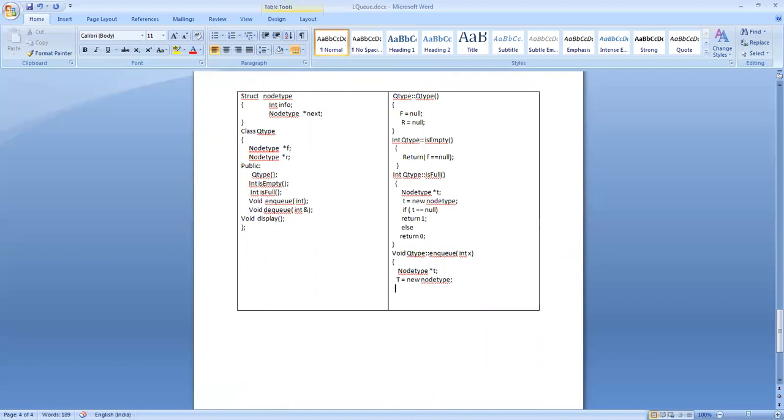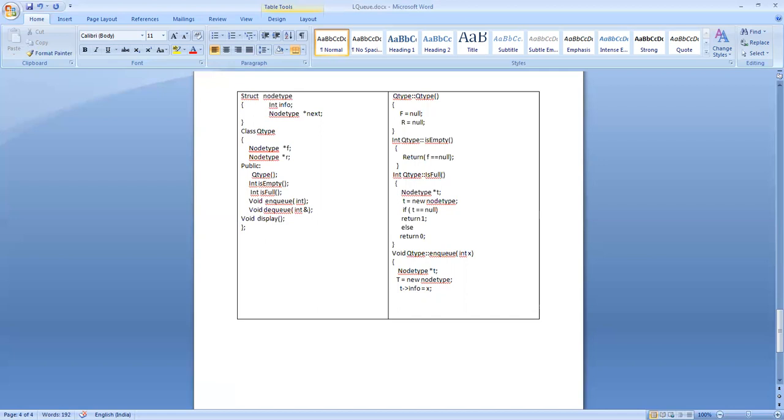Then I get the value for the information area, that is this information area for the new box. So I set t reference info equal to the value I am passing, that is x. T reference info is equal to x.